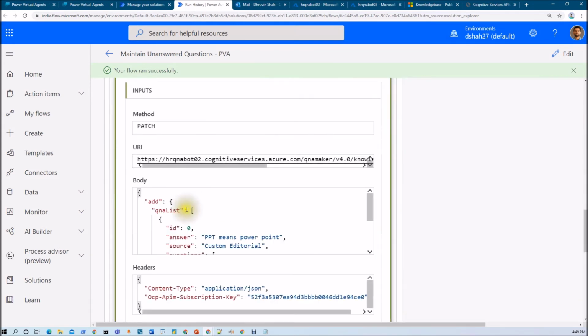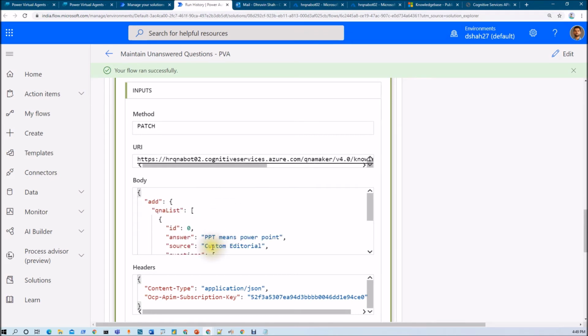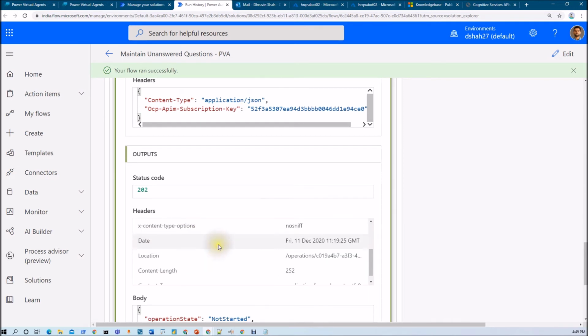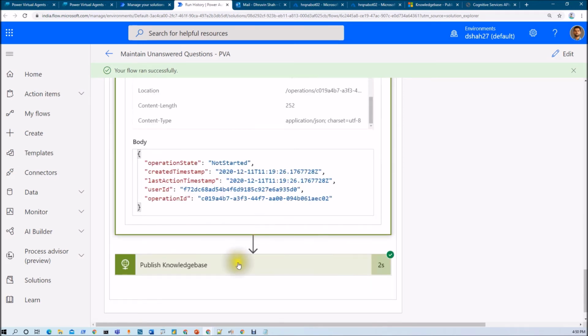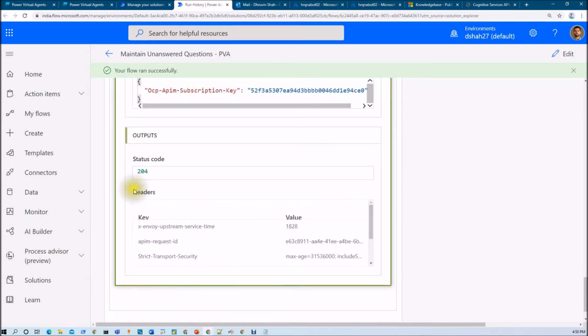Basically the question that we have asked is what is PPT, and this is the answer, PPT means PowerPoint. Whatever the comment that we have entered, we are getting it over here, and then it has successfully updated the knowledge base, and after that it has published my knowledge base as well. So the knowledge base is also being published successfully.